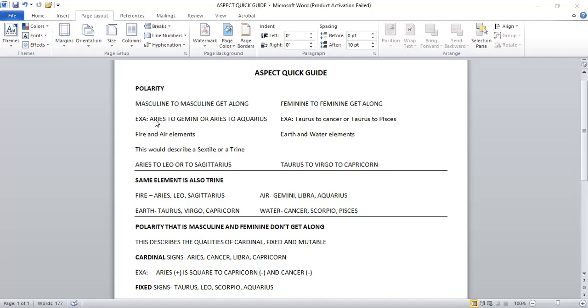And then if we look on the other side, feminine to feminine get along. The feminine elements are earth and water. So an example would be Taurus to Cancer, or Taurus to Pisces. Do that the right way there. So